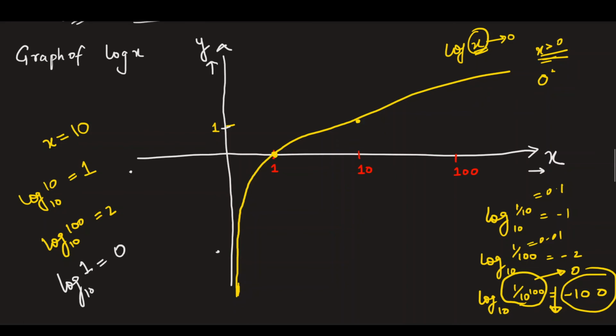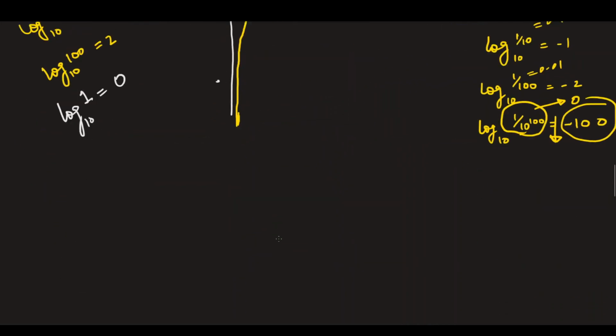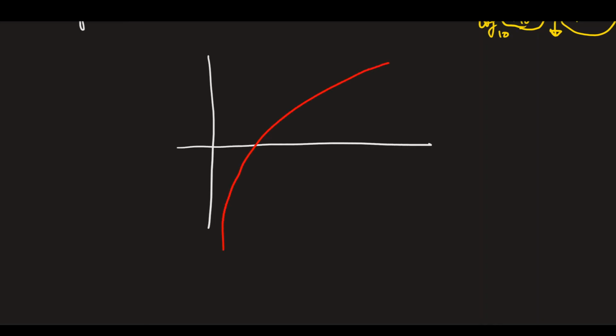So if I remove this, this is the graph of the logarithm. To make it look somewhat better, now that we know the values, the graph will look like this. If I draw again, if this is the axis, then the graph will be somewhat like this. This is the graph of log x, and to mention points, this is 1, because log of 1 to the base 10 is 0. It is the x-axis, it is the y-axis, and it will approach this axis.